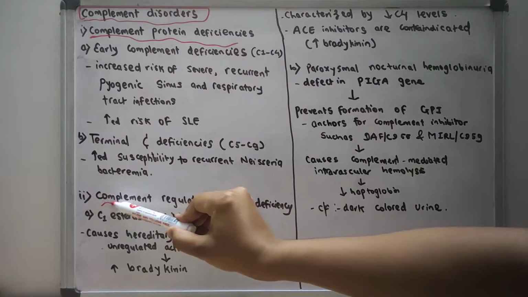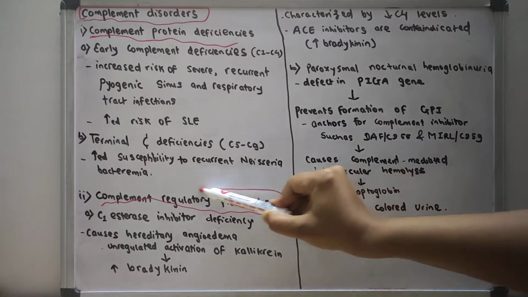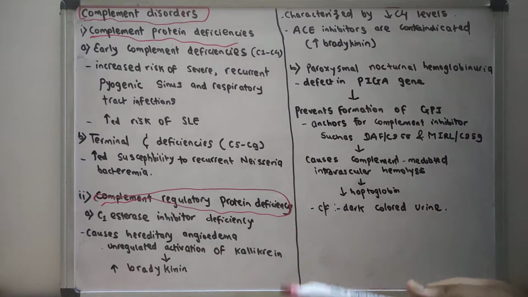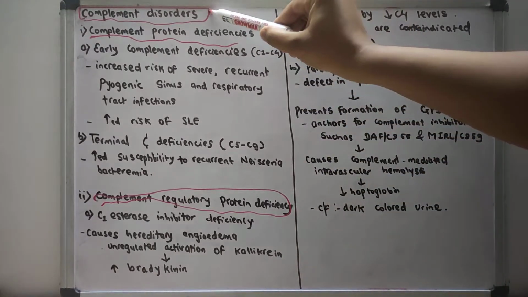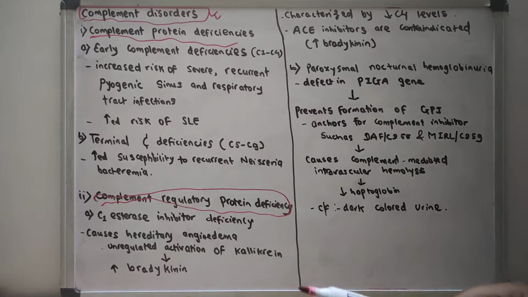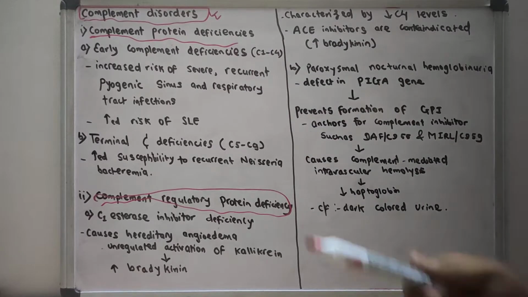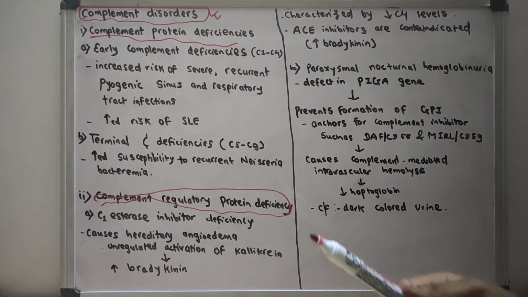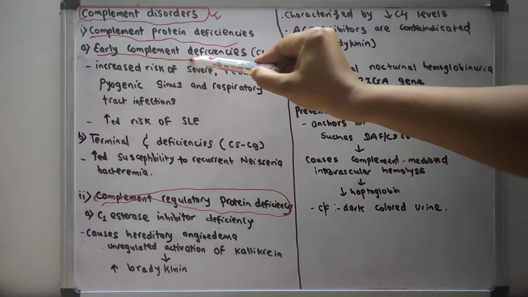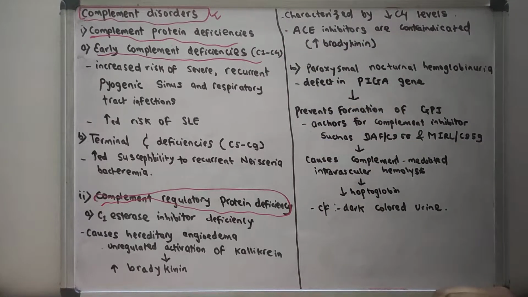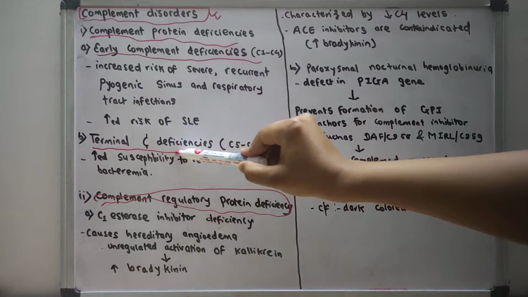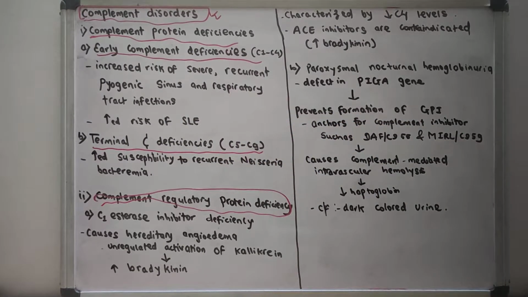if there is complement regulatory protein deficiency, then it causes complement disorders. So first of all, let us discuss the complement protein deficiency. In complement protein deficiency, there are two types. One is early complement deficiency, that is C1 to C4 deficiency, and another is terminal complement deficiency, that is C5